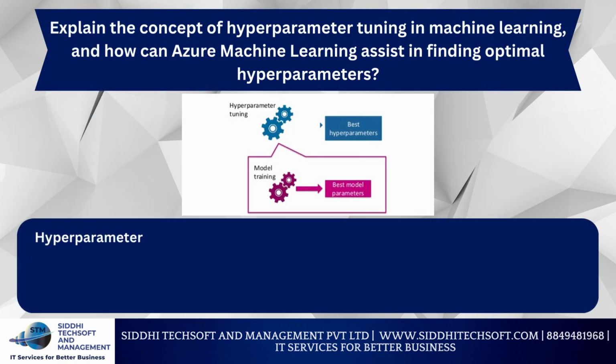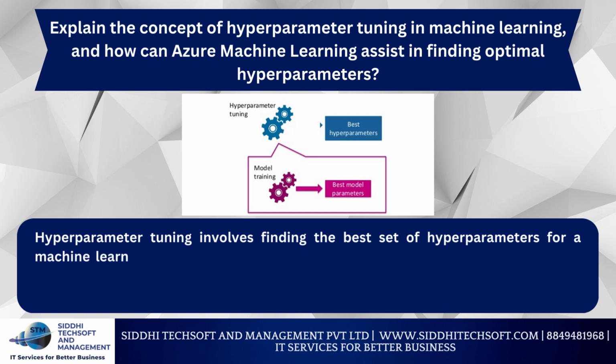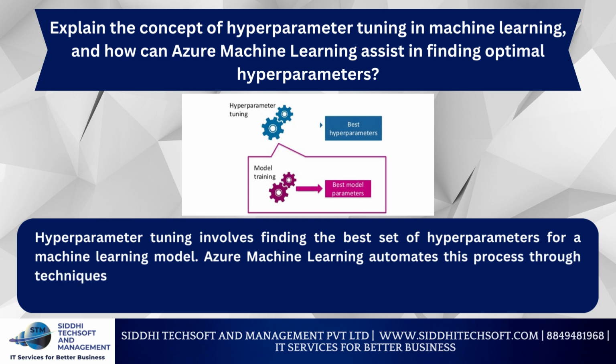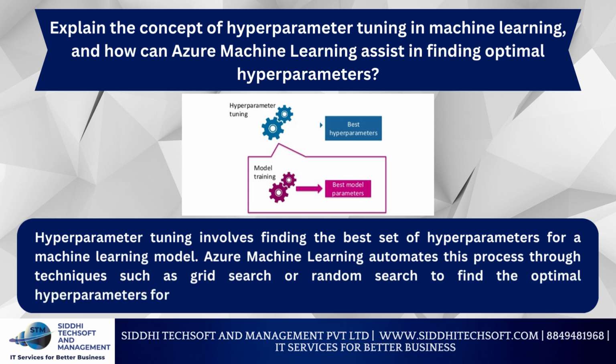Explain the concept of hyperparameter tuning in machine learning, and how can Azure Machine Learning assist in finding optimal hyperparameters. Hyperparameter tuning involves finding the best set of hyperparameters for a machine learning model. Azure Machine Learning automates this process through techniques such as grid search or random search to find the optimal hyperparameters